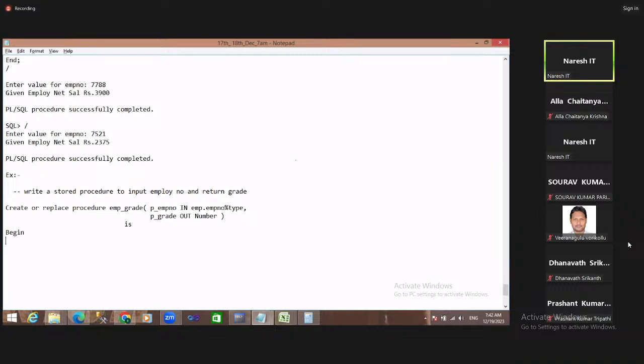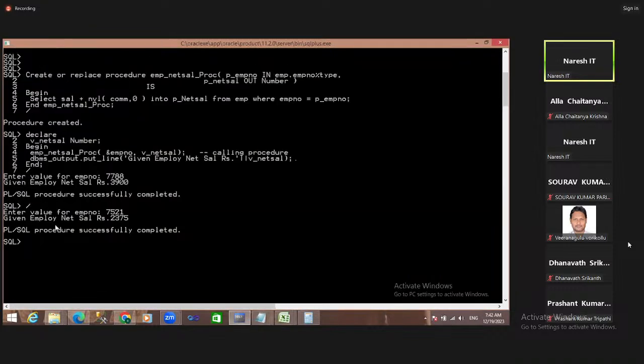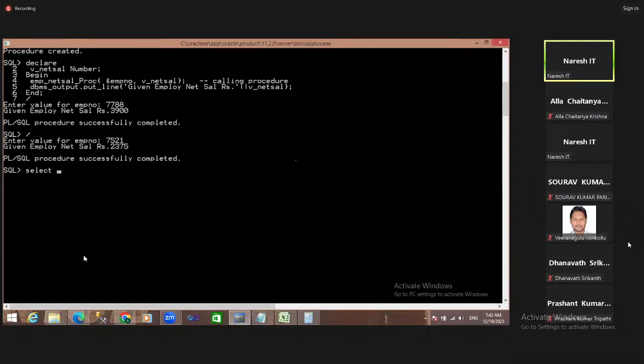Is begin, guys. Now here I'm passing one join query. Yesterday also we discussed this in cursors. Select grade from emp, salgrade where sal between losal and hisal and the employee number equal to